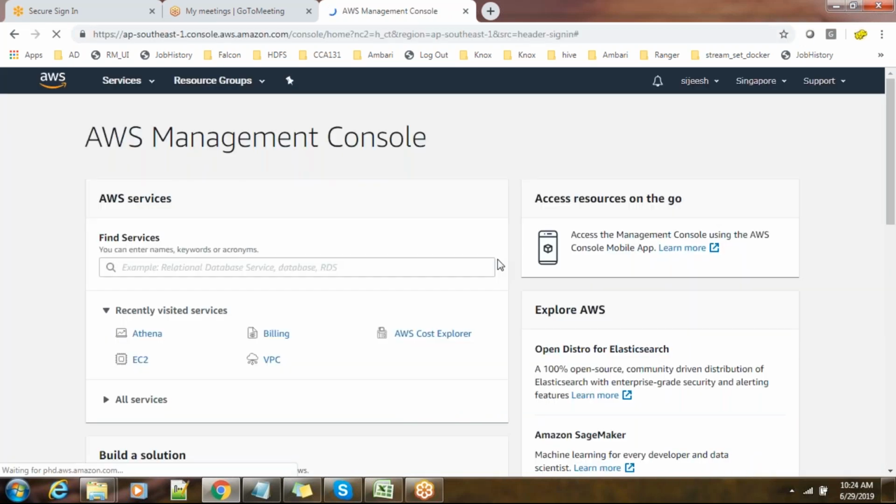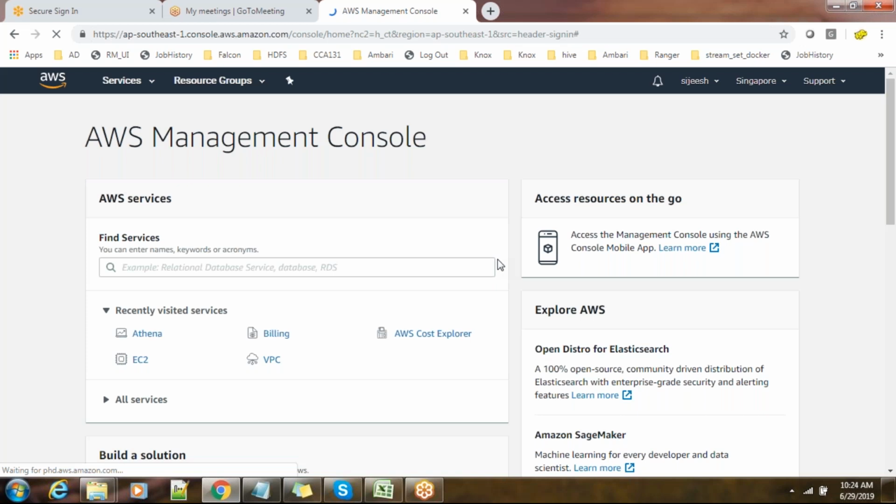Okay, and this is nothing but a cloud platform where you have a lot of options available. If you just hit on Services at the top, you can see whatever services are available: for compute, for robotics, for analytics, and so on. It has hundreds of components available, and we are not going to use any of them except EC2.